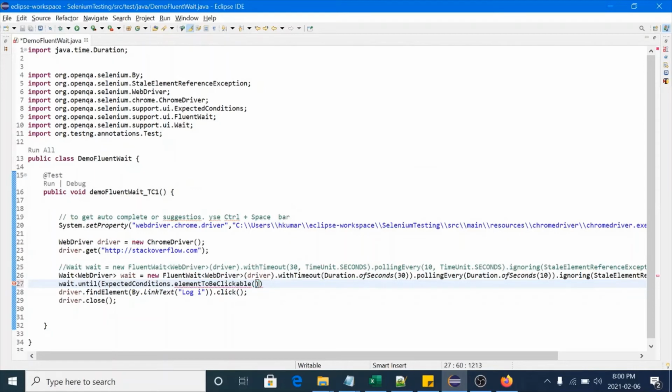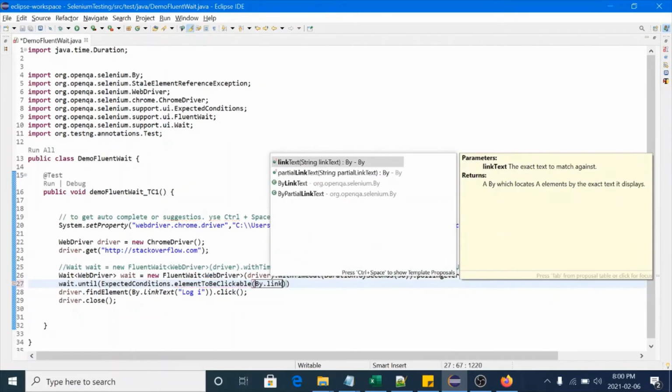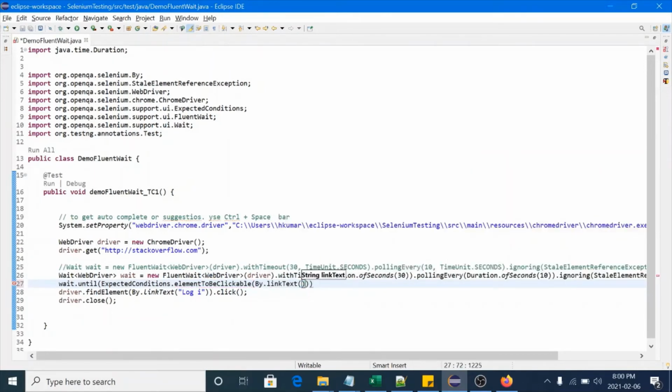So we will pass By.linkText, and we will pass the login text and a semicolon. This is the way to apply fluent wait in Selenium WebDriver.